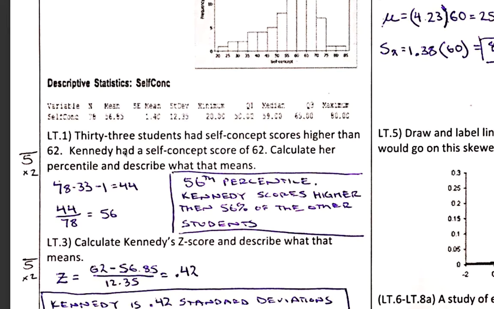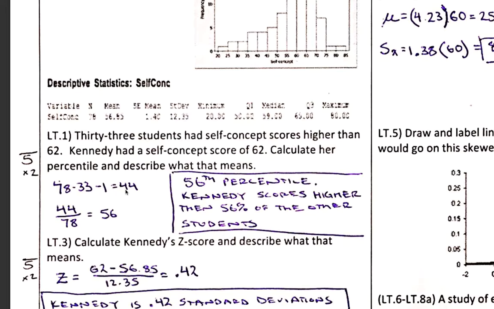So if Kennedy has a self-concept score of 62, calculate the percentile. Well, remember that percentile is lower than. And so if we took the 78 students and then we subtracted out the 33 that were higher, we would get the ones that were lower, but of course we also can't include Kennedy's score. We're not just purely lower than Kennedy, so we subtract her score as well, and that would leave us with